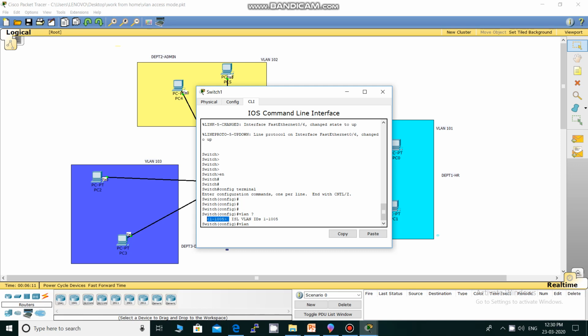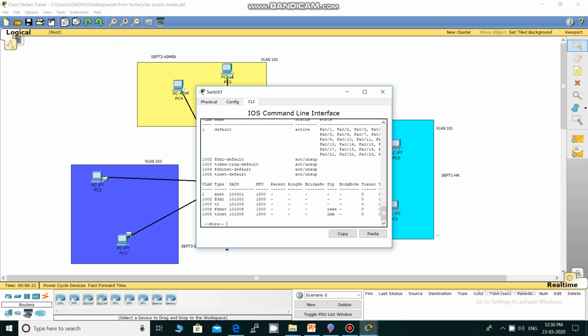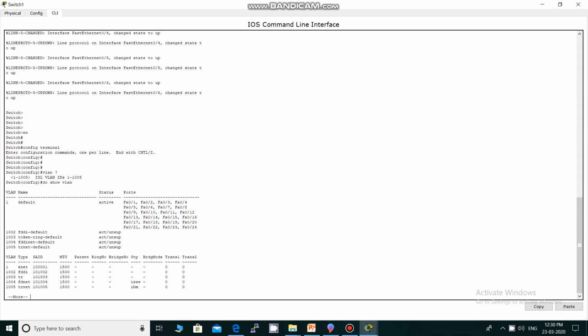Another command we have is do show VLAN. Now when we unpack a piece of Cisco switch, VLAN numbers 1, 1002, 1003, 1004 and 1005 are already configured on that switch. So we don't require these VLAN numbers while configuring other VLANs. So exclude these VLAN numbers.